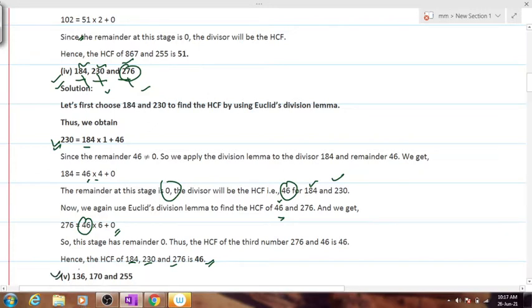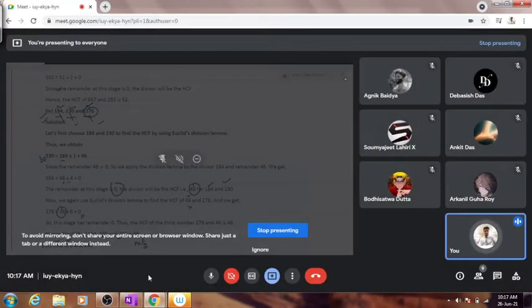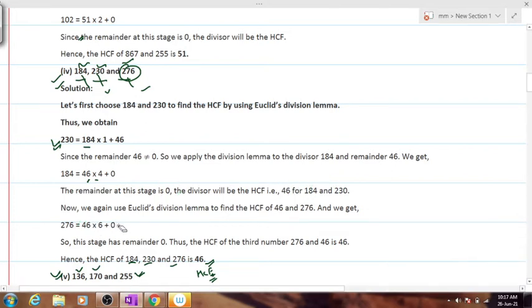Again, you will consider the 2 smaller numbers, then find the HCF, and then whatever HCF you get, you will take that HCF and this number to find the overall HCF. I hope the previous numerical was clear to everyone. Yes or no? If it's not clear, kindly copy it down and using the same logic, try and find out the 5th numerical.